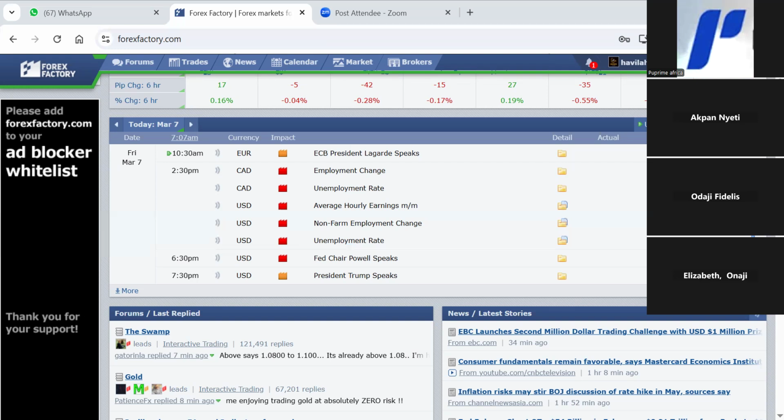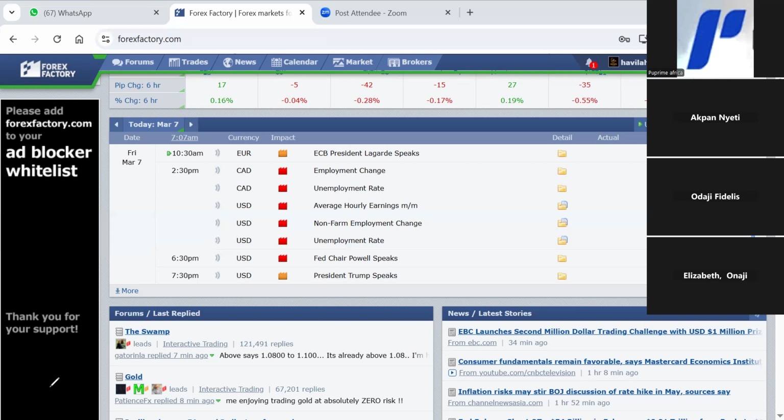So if it's all good, we'll buy. If it's all bad, we'll sell. If it conflicts, well, we'll always have a way around all these things. So that's just all I can say about what to expect. Now, Canada also will be releasing its data, but we will not be putting our attention on the Canadian employment change and unemployment rate. We always focus on the United States. All right, so with that being said, I'll flip over to the charts.